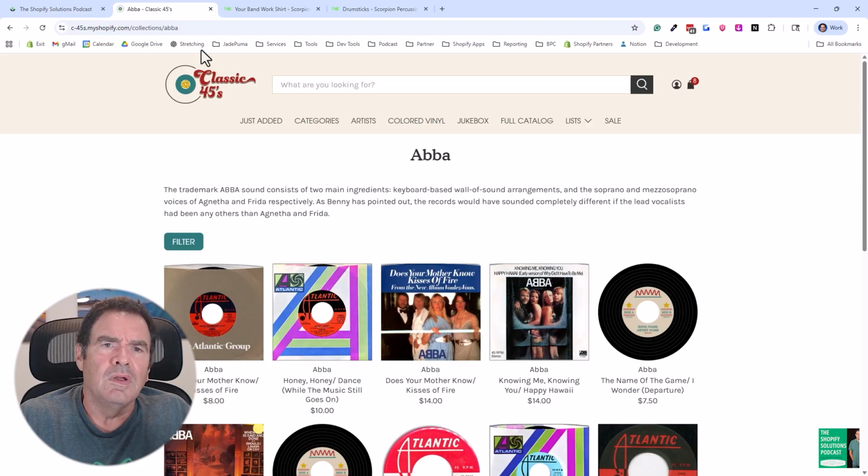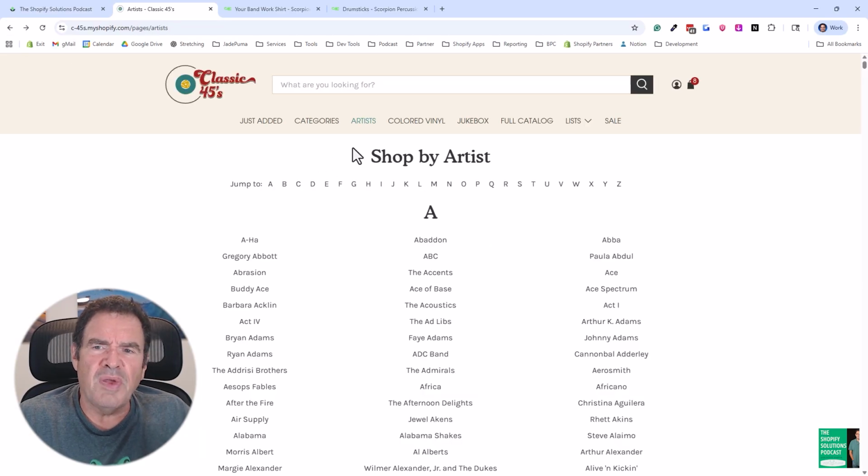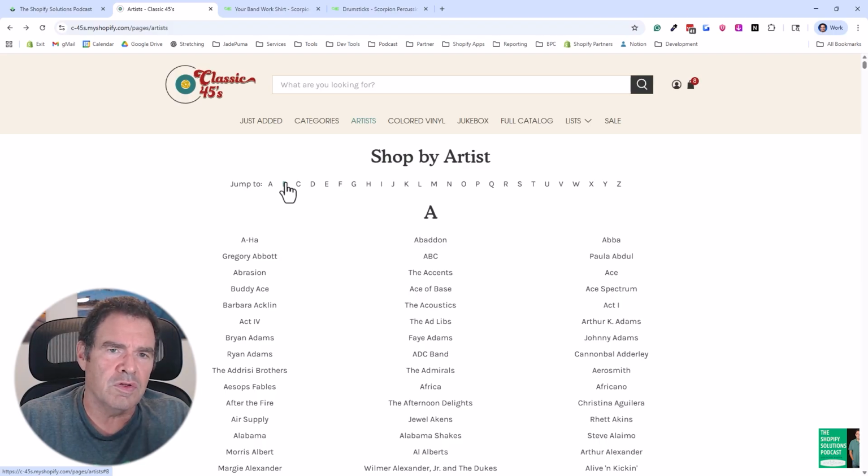Now, if I go back for a second, the page I'm on right now is a page we built, and it's all custom code. It's a shop by artist page. There are 5,000 artists on this page, and we made a collection for each one of these artists, which is a whole process. It was a lot of fun figuring out all that data. Some collections are empty today because all of that artist's records are sold. Remember, we have 3 times as many records in the catalog than are available today because the other two thirds have been sold. So what we do on this page is we go through the list of all the artist collections,